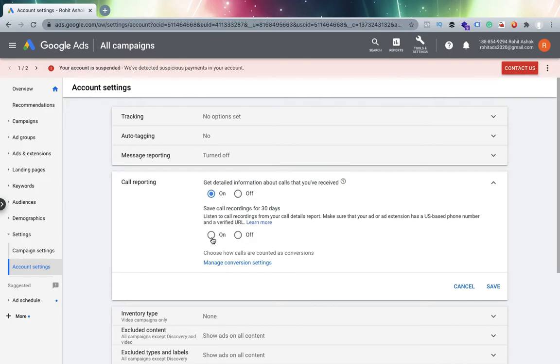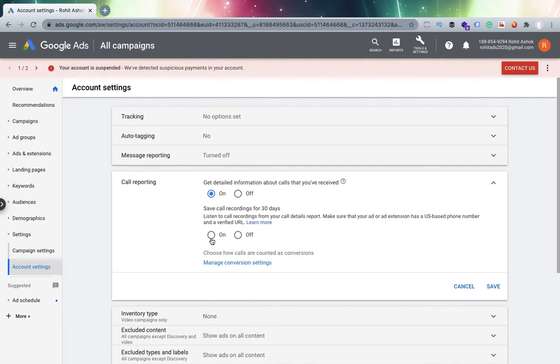You can listen to your calls and call reports, and you can analyze the quality of the call. If you're in the pay-per-call industry, or maybe you are generating calls for your clients, maybe medical-related, dental or other clients, you can use this method for them. Apart from that, this would also help you to choose particular keywords and optimize your ads so that you get relevant calls, and those calls convert into sales.